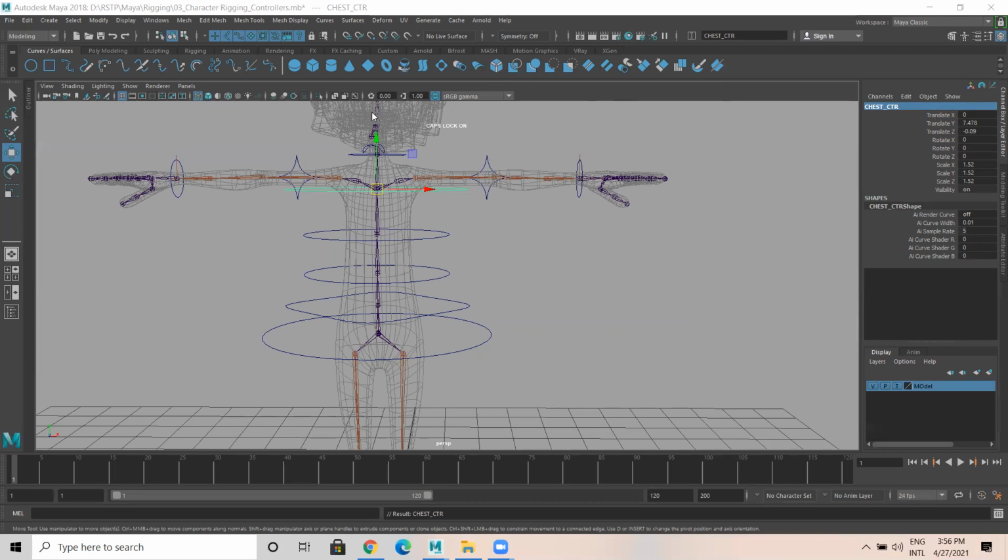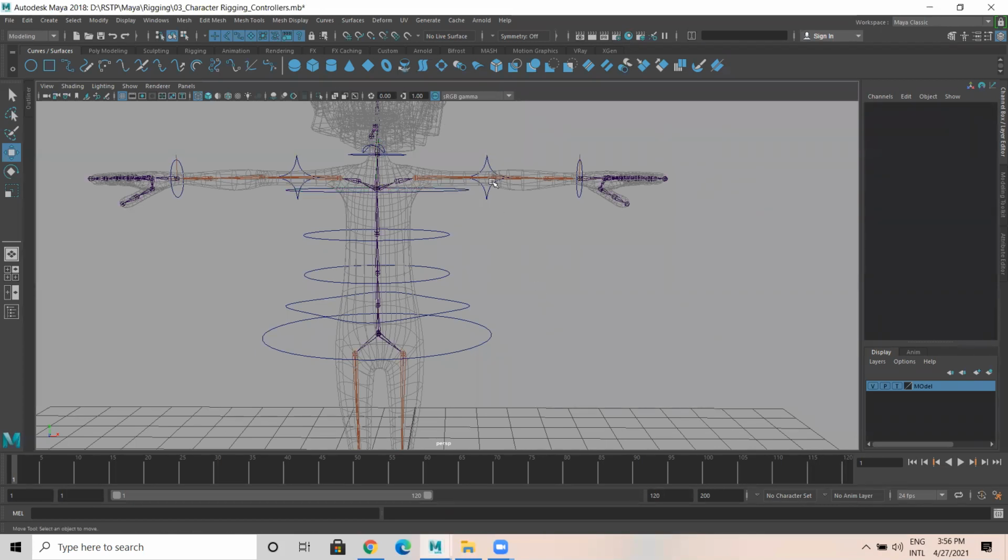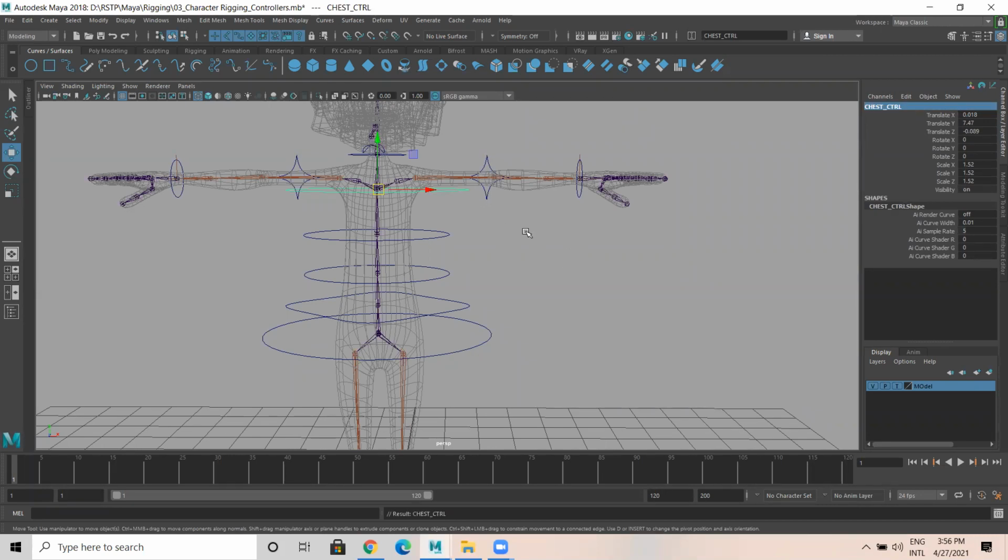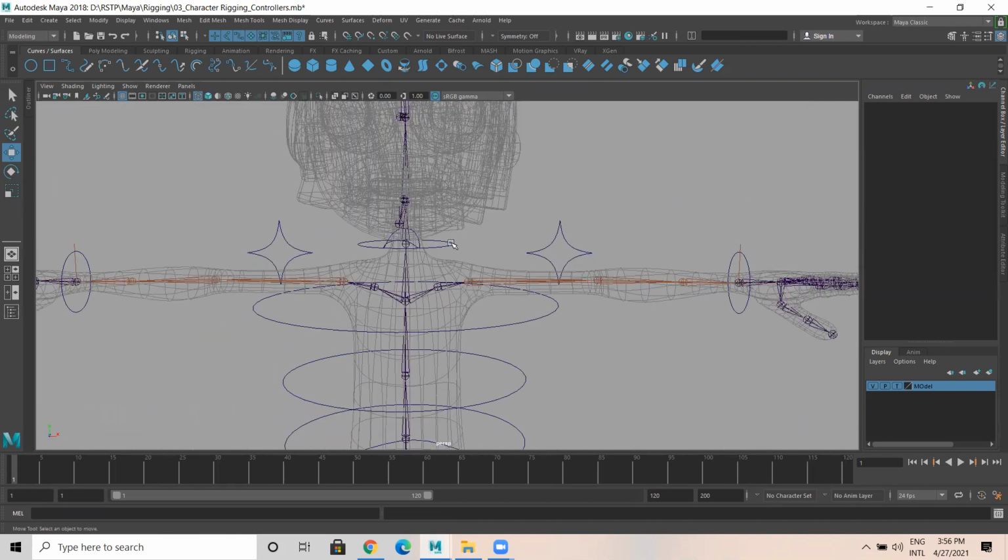Okay, let's wait a minute. I think it's frozen. Okay, so this is the chest controller, CTRL. Then this is the neck controller.